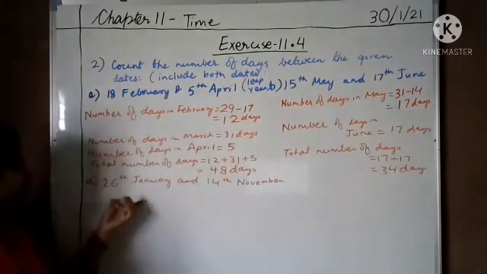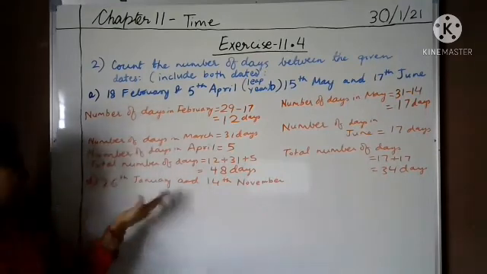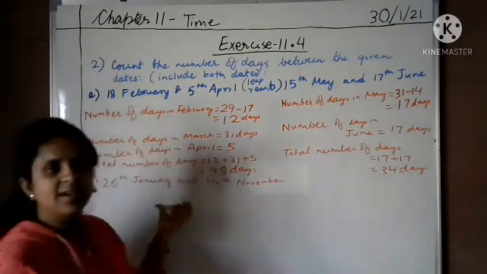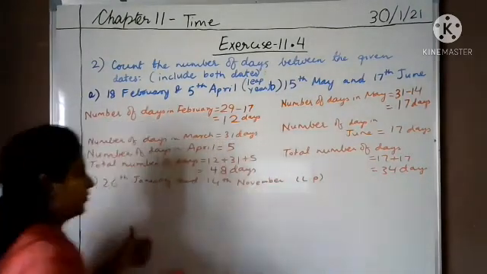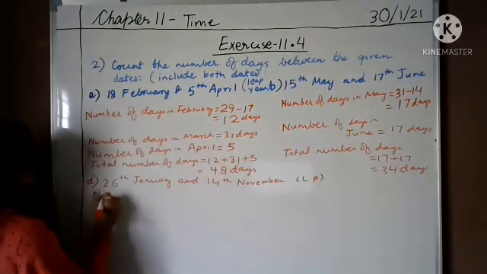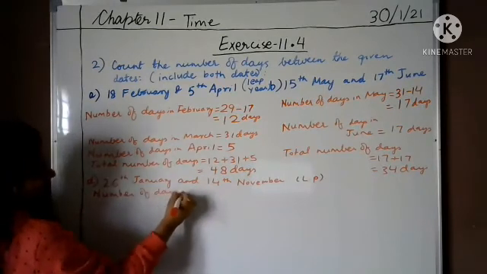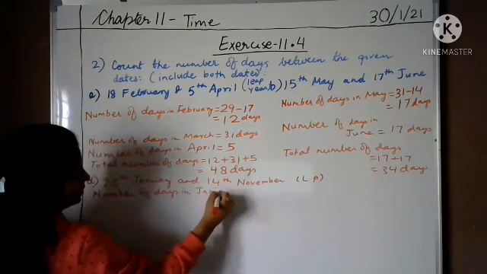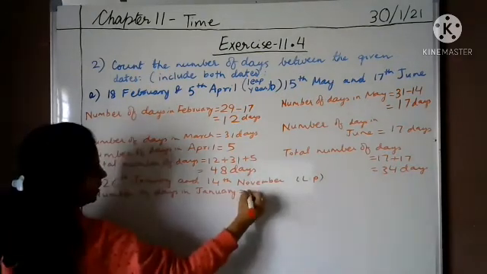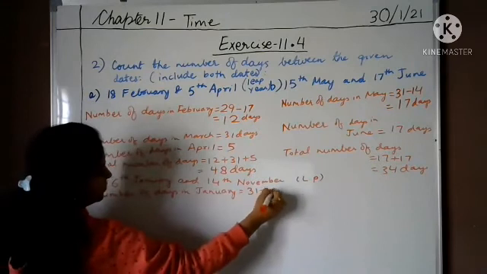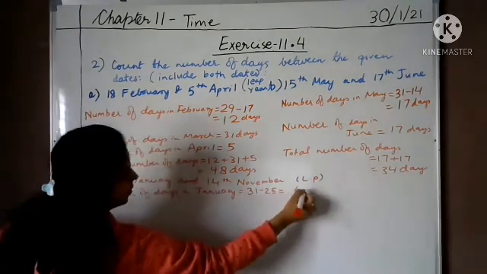Okay, now let's look at the next question. So next we will be solving D1. जो C है वो आपको खुद ही करना है. Fine. So number of days. यहाँ भी क्या लिखा हुआ है? That it is a leap year, right? I have written in short form. तो हम start करते हैं. Number of days in January. So what is the number of days in January? So 31 minus 25. So 6 days.